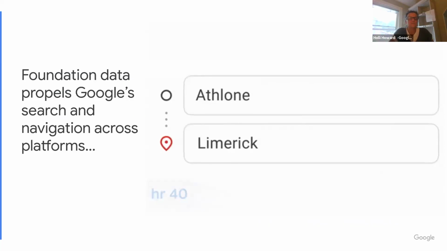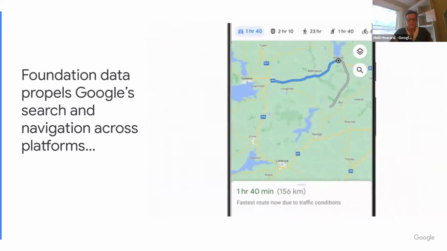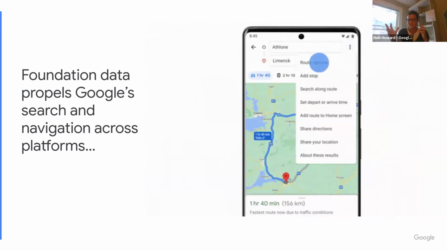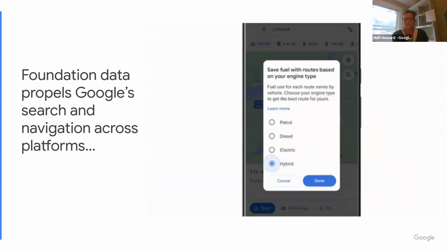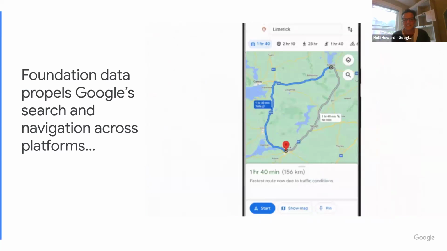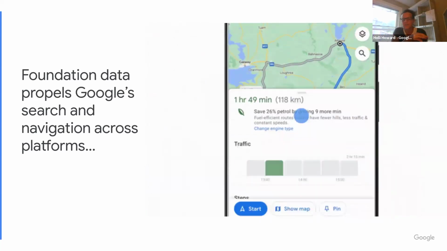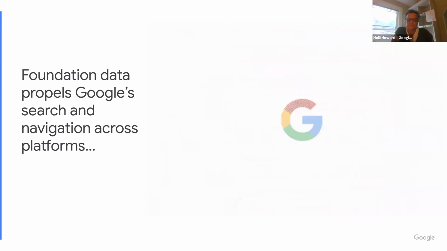Okay, so how do we do this? When we talk about the map, so often we're prioritizing on Maps and Waze getting from A to B, right? And we're trying to enhance a lot of the different features that you can do, but so much of it comes down to search and navigation. And that foundational data, that location intelligence of putting that point or that road on the map, is really key to the entire experience.